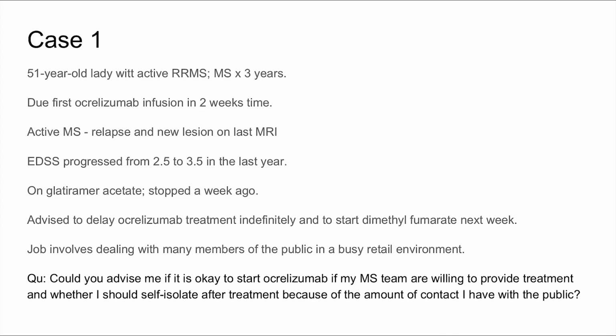This is a patient, not mine. She emailed me. She's from up in the Midlands. She's a 51-year-old lady with active relapsing disease. She was due for an ocrelizumab infusion in 2 weeks' time. She has active MS. She had a relapse and new lesions on MRI scan, and her EDSS has progressed from 2.5 to 3. This all happened on glatiramer acetate. So she has highly active disease with clinical, MRI and disability progression. She was contacted by her team to delay ocrelizumab treatment indefinitely and was recommended to start dimethyl fumarate